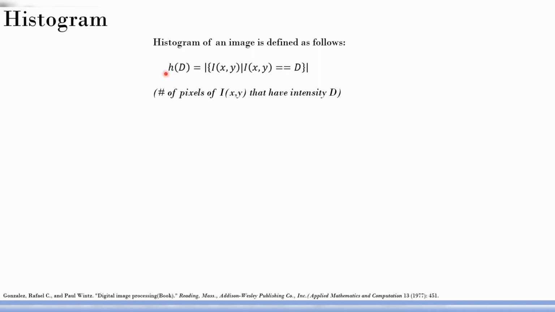So histogram of intensity. The independent variable is the intensity. So your x-axis will be intensity, and the y-axis, what is it? It is the occurrence of that particular intensity, the number of times that particular intensity is occurring in the entire image. That is, you go through each and every pixel and see whether this intensity exists in that pixel. If it is, then you increment the count and then you put that total number against that intensity.